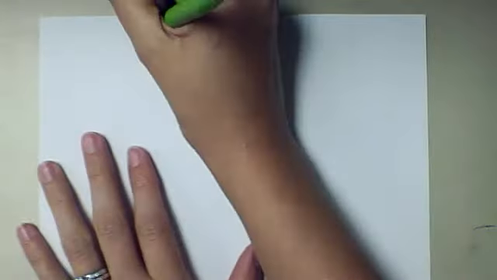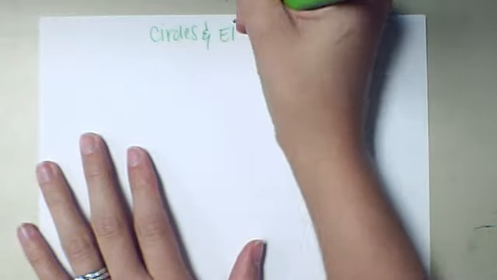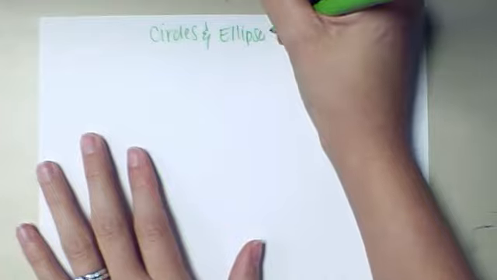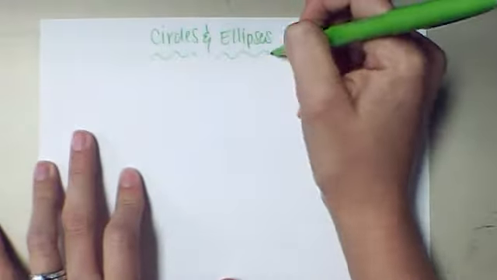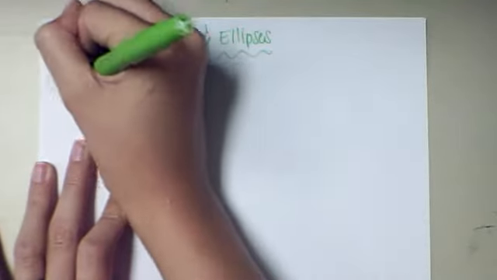This lesson in pre-cal is about circles and ellipses. We've actually talked about circles earlier on in the year, but this is one of the things that's important for your other math classes that you will encounter, so we're just going to review those things. Starting with part A about circles,